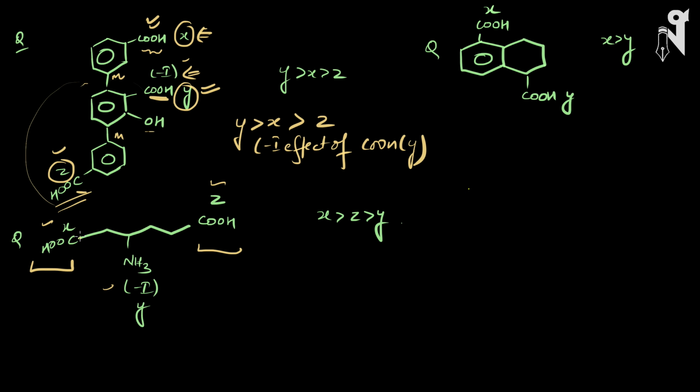Let's look at it. This COOH has, on the second position, NH3 present, which is a minus I group, an electron withdrawing group. Whereas with respect to this COOH, my NH3 is present on the third position. So this NH3 is farther from this COOH as compared to that. So more electron withdrawing effect will be applicable on this COOH by NH3, and hence will make the COOH more acidic. So the electron withdrawing group is closer to the COOH present on X than the COOH present on Y, right? So most acidic is X, then comes Z, and the least will be Y, because Y is NH3, it is a base, it is not even acidic. Now come to the next question.